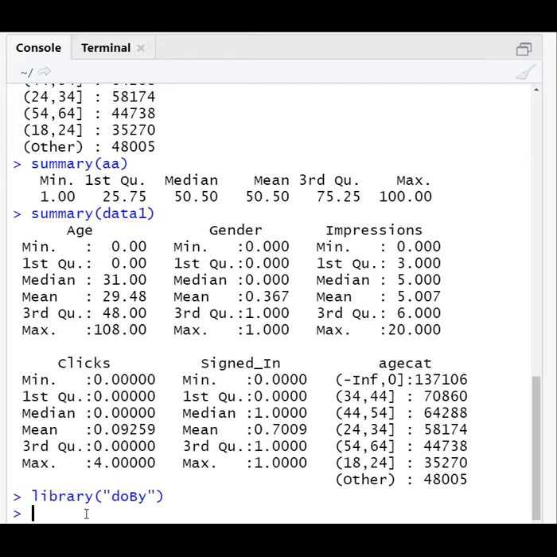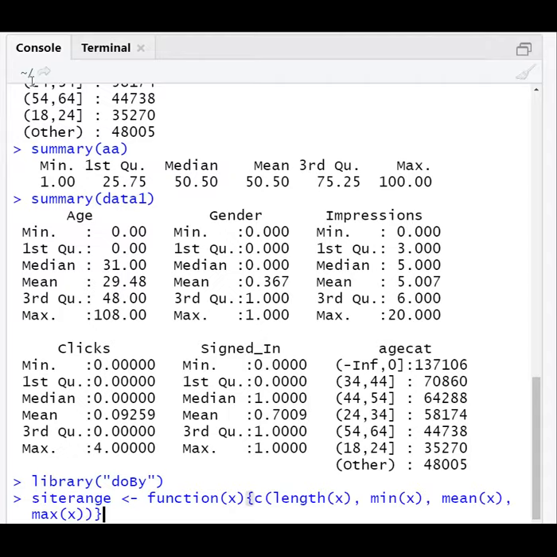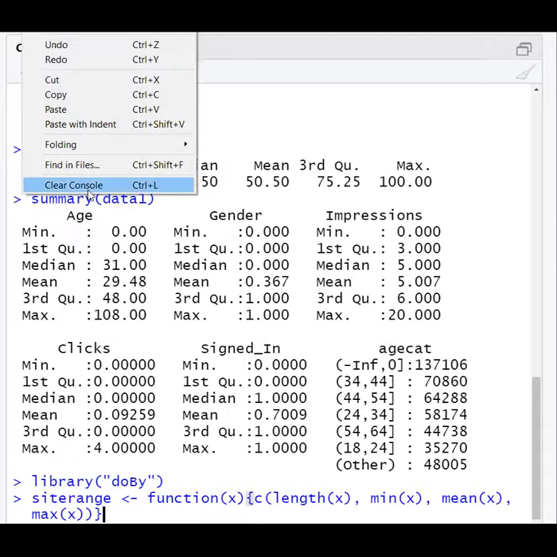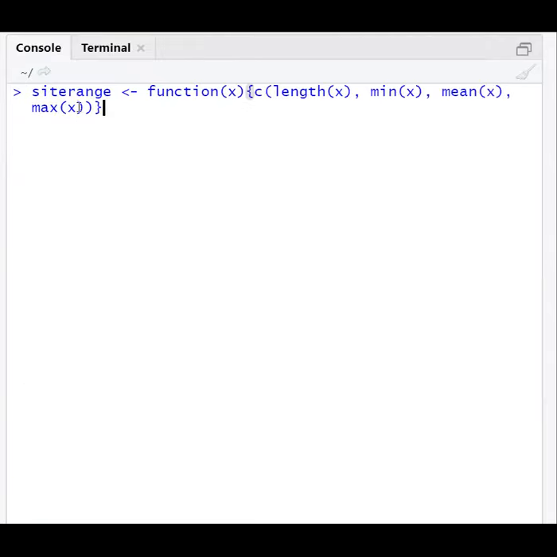First let us clear the console. Site range is a function. What it returns is a vector, since c means a vector.